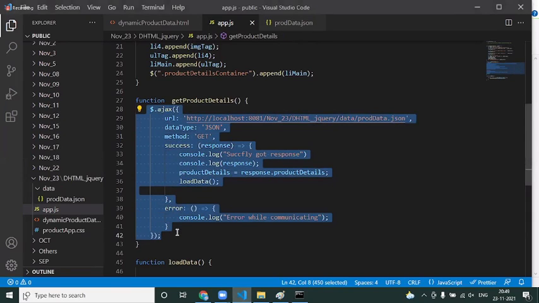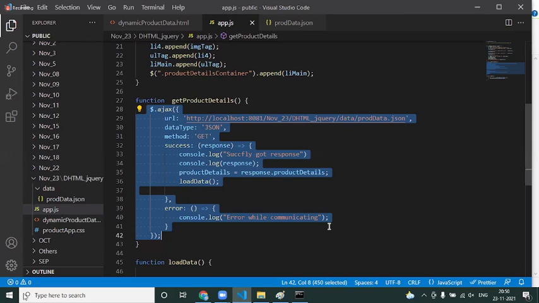It hits one of the services at the server side and receives the data. After we receive the data, we already know what the JavaScript code will do: iteration, creating the DOM elements, etc. But this piece of code from line 28 to line 42 is hitting the web service URL and getting the data.